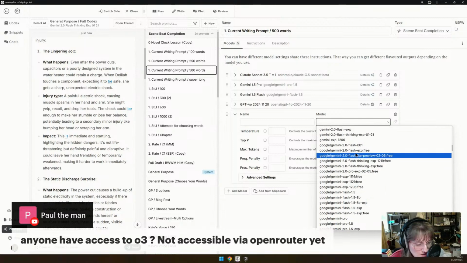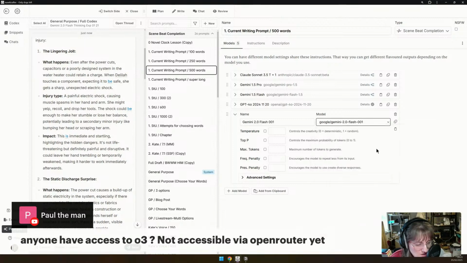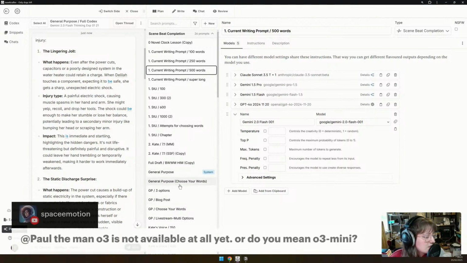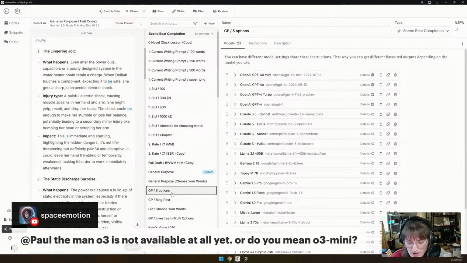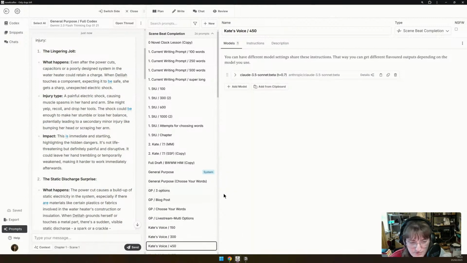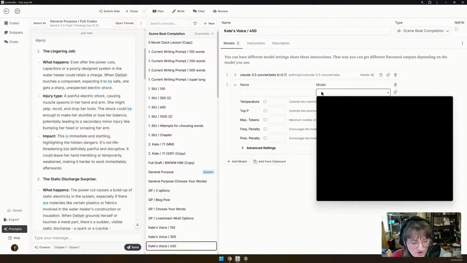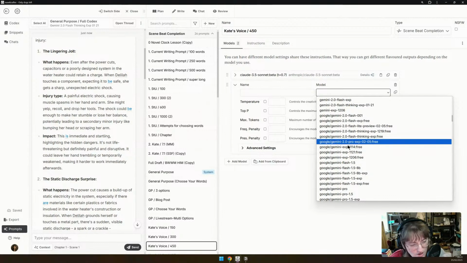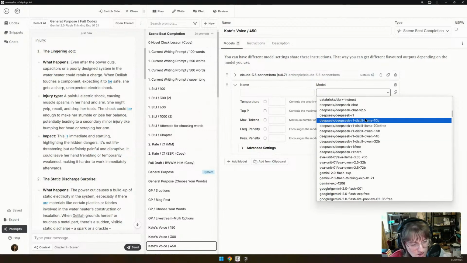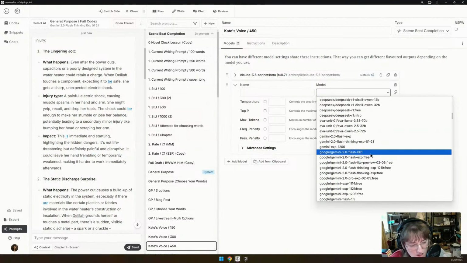Gemini to Flash and I'm guessing he means O3 mini. Gemini. I keep missing it.